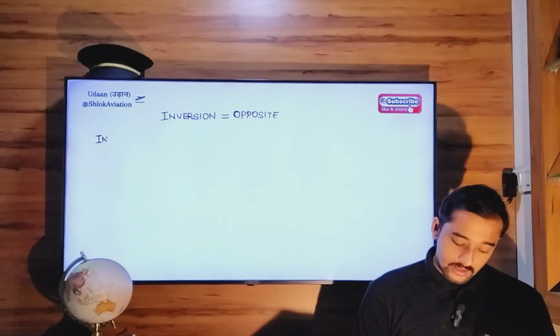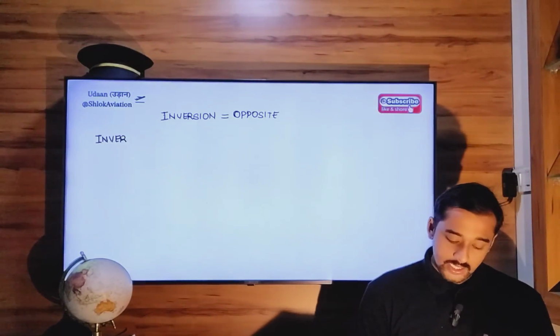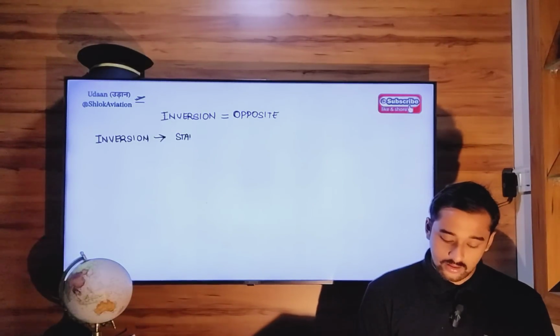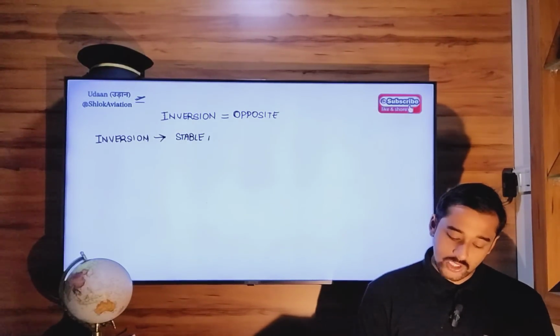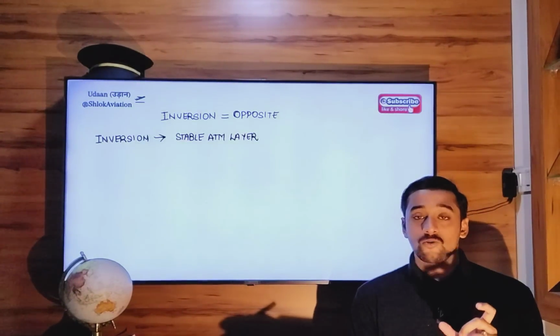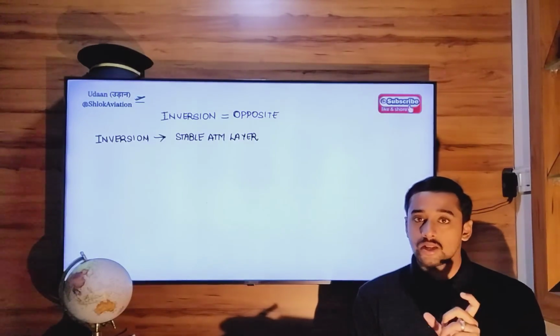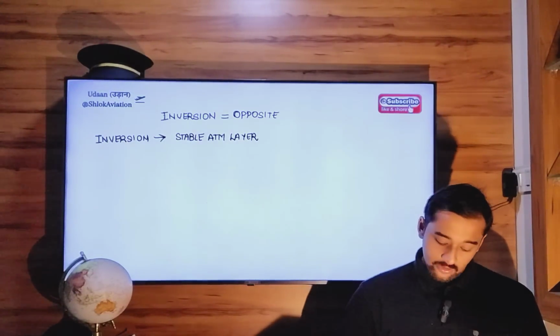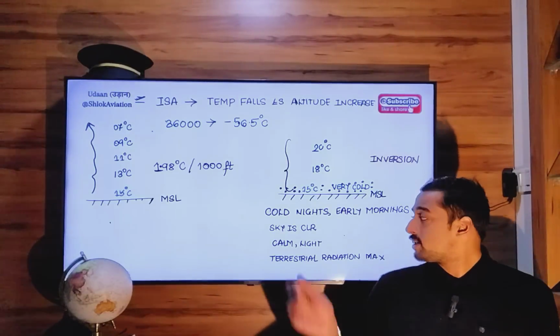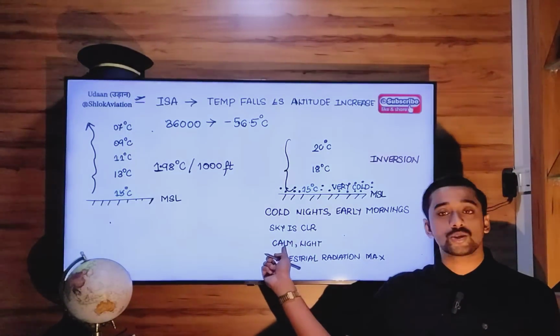Inversion is a sign of a stable atmospheric layer. Without stable conditions, it is impossible for inversion to develop or form, because the main criterion for inversion is that you should have